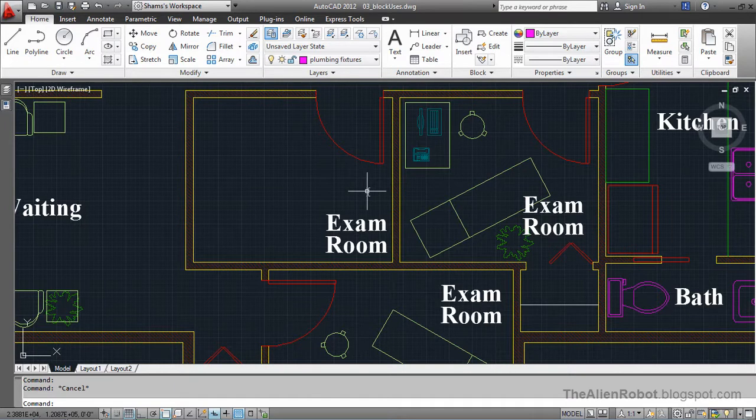For example, if I need a desk here, I can insert a desk. If I need a plant here, I can insert a plant. Pretty much anything that is going to be repeated, I can create a block from that and insert any number of that in my drawing. Now, for example, I want to insert a table here,